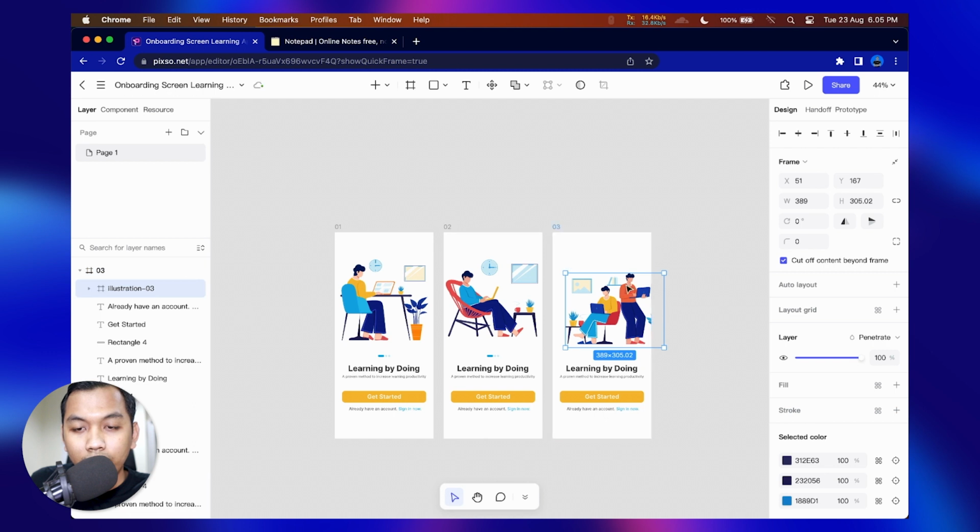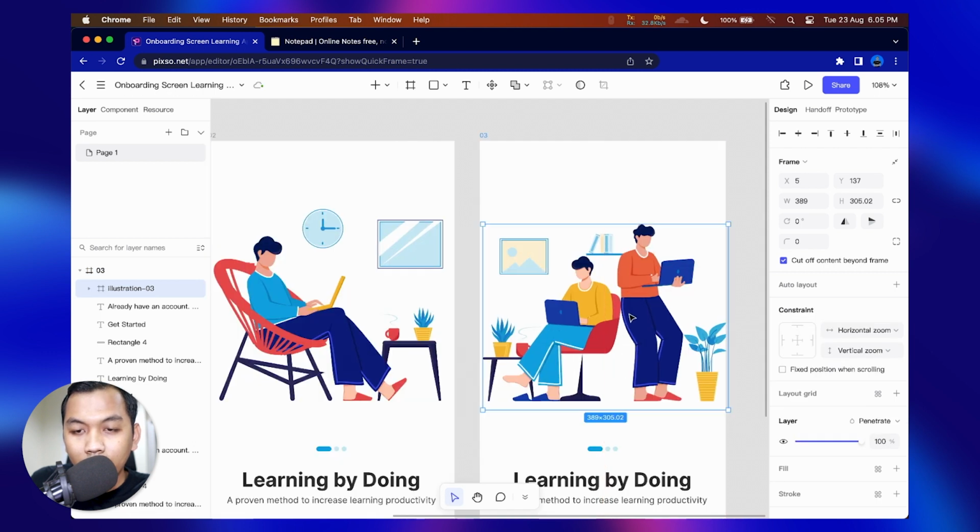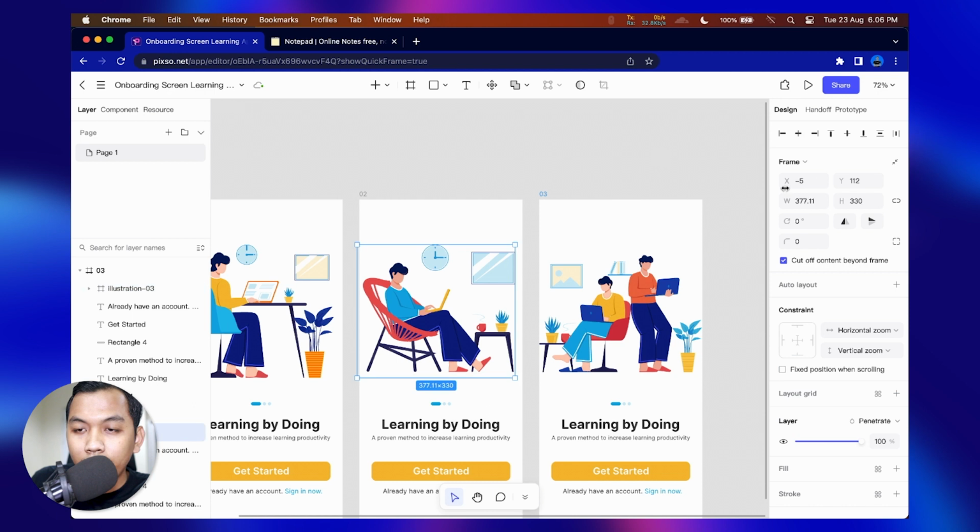All right, a little adjustment. All right, so make it center, make this center.